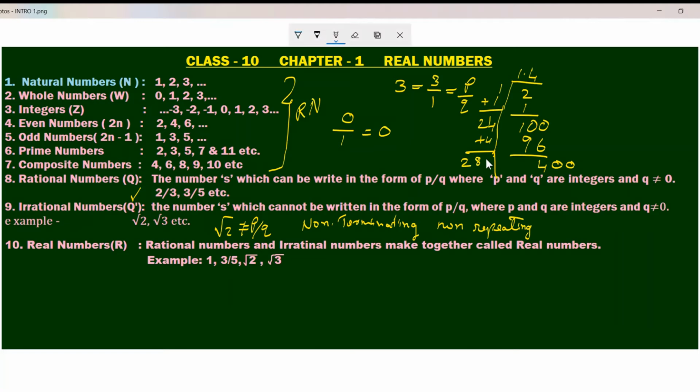If you write 1, we need to write 1. If you take 2, it will be more than 400. So it will be 281. After subtraction, what you will get? 9, and then 1, 1. And then you will put 2 0. After that, you will add 1 here, and 282.